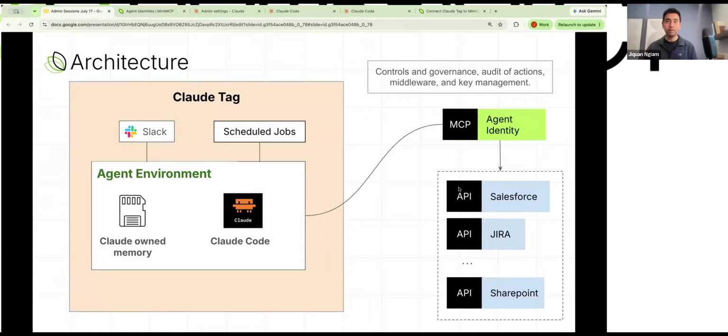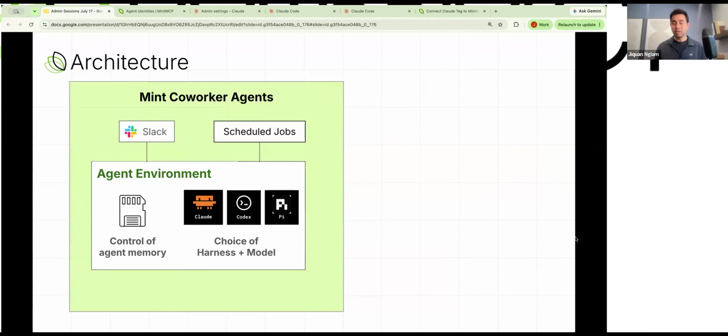But I wanted to also cover a little bit about Jaren's question on the benefit of using Mint Identity with Claude Tag versus using the Mint workers directly with the Mint agents. One of the things we notice in Claude Tag is that the two boxes inside the agent environment are something you have very little control over.